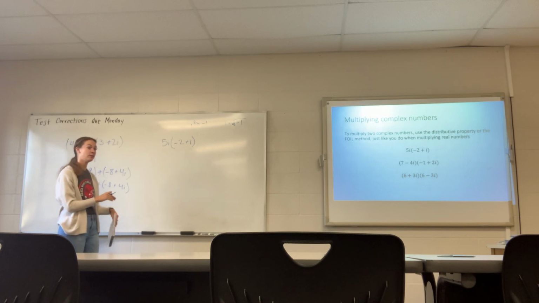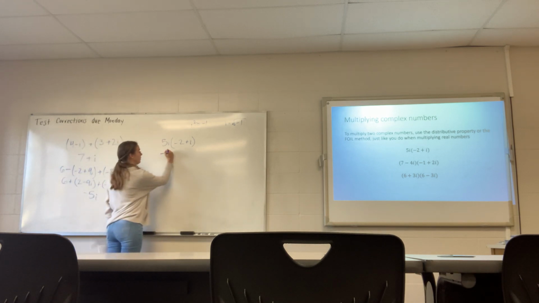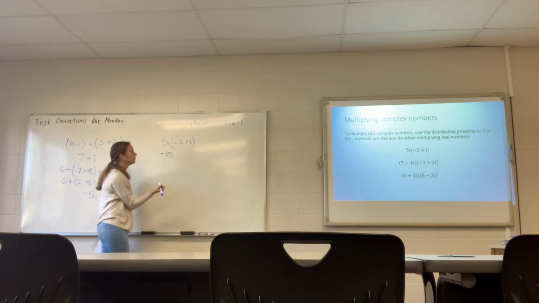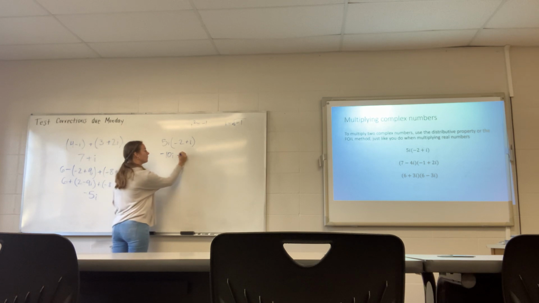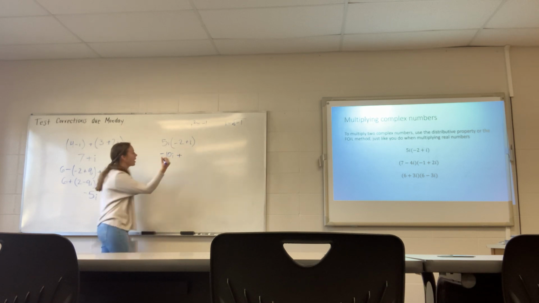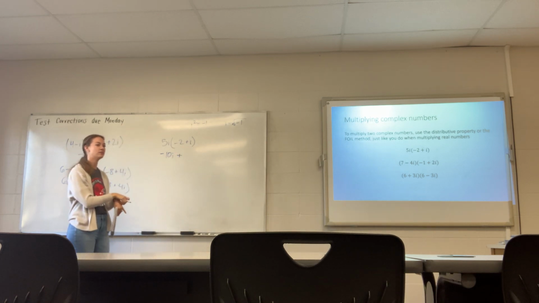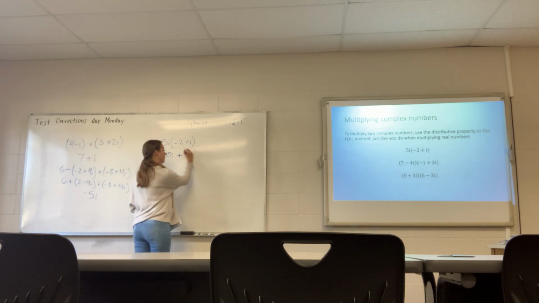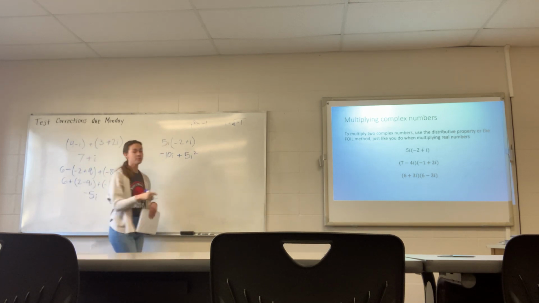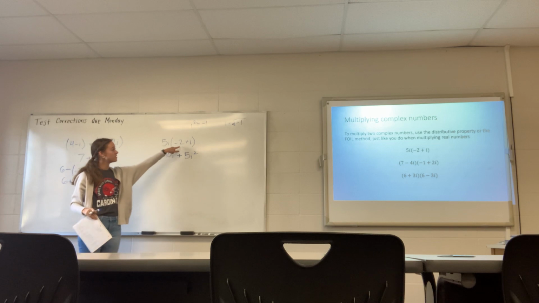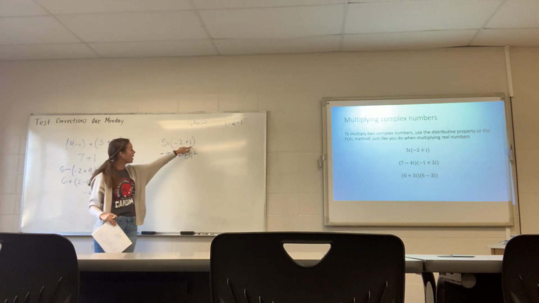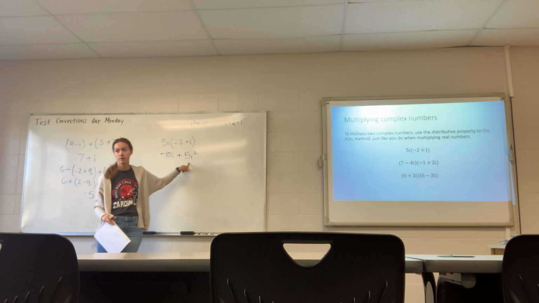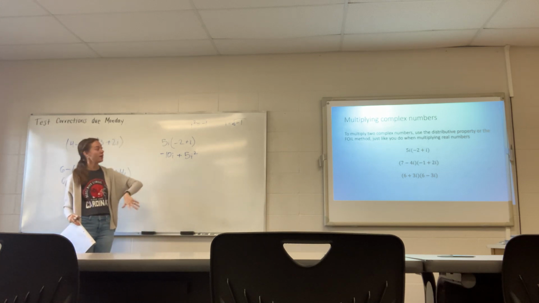Yep, so it would be negative 10i, and then 5i times i would give me 5i squared. Yep, exactly. So we're multiplying, so 5i times negative 2 was negative 10i, and then 5i times i gives me 5i squared. Now we're not done, because you can't end up with